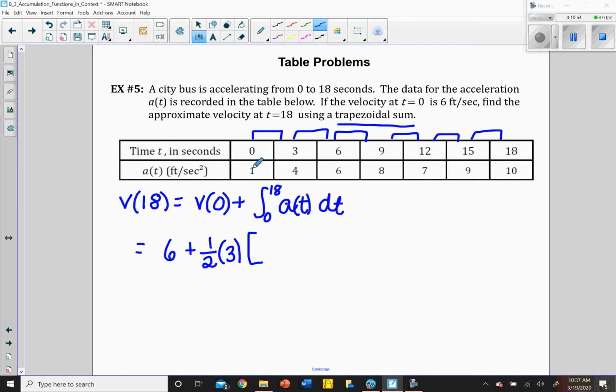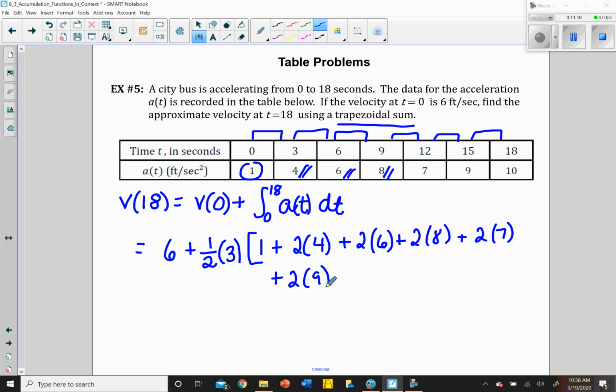So for the 2 endpoints, we just have that first value once, but we've got 2 4s, 2 6s, 2 8s, and so on and so forth, because they're on the interior part of the trapezoids. 2 6s, 2 8s, 2 7s, 2 9s, and 1 10,